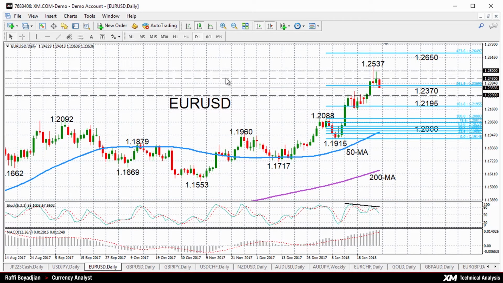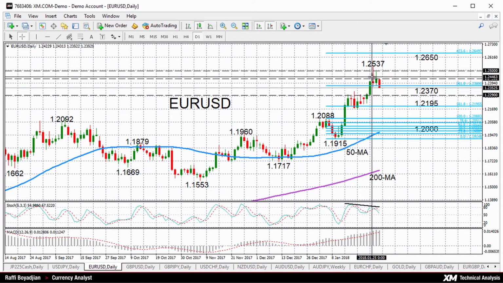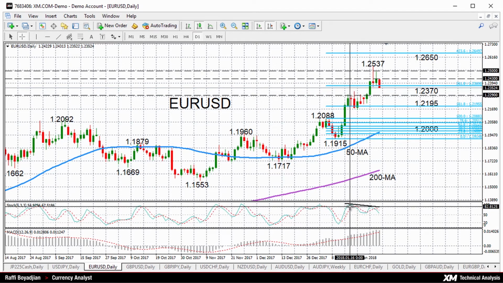Let's now move on to euro dollar. Euro dollar is still very much bullish, but is facing some downside momentum. It is looking oversold. We've already seen the stochastic oscillators starting to move lower with a percentage K line forming a bearish crossover with a percentage D line. And also worth pointing out that when last Thursday euro dollar reached the 3-year high 1.2537, we can see from the stochastic oscillators that it was already losing momentum as it formed a lower high than it did